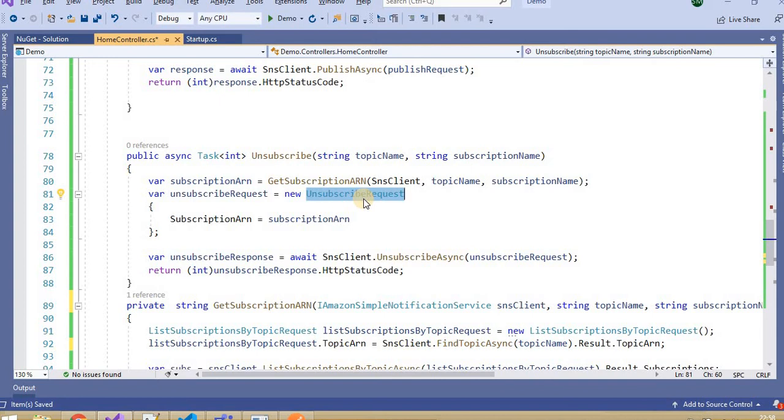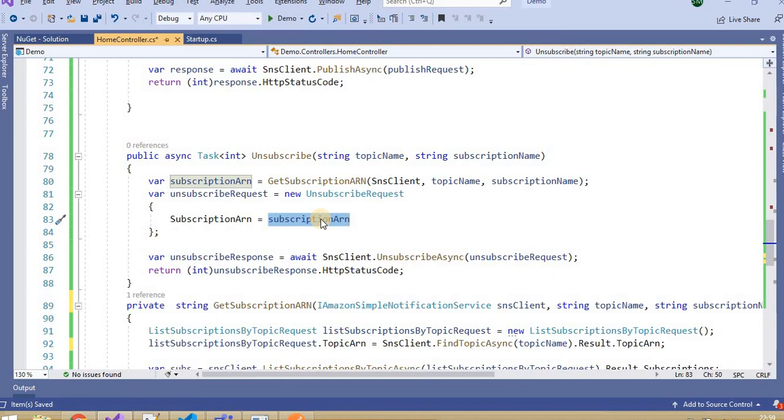In case of create topic, we have the create topic request. In case of subscription, we have the create subscription request. Similarly for unsubscribe, we have the unsubscribe request. But the only thing that differs is that instead of the topic ARN, we must pass the subscription ARN here, right?